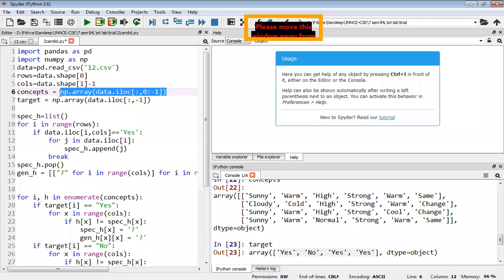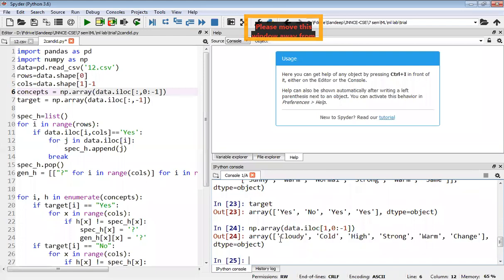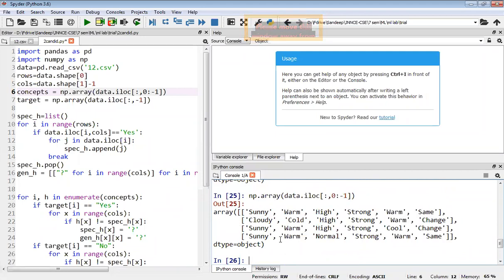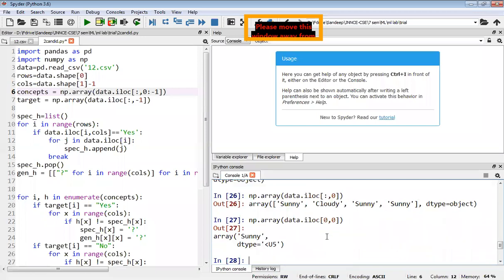Or I'll just execute this and I will show you again. Instead of colon, if you put 1, it will fetch only the first column. If I put colon here, then it will fetch all the rows. Here also, if you put just 0, 0 comma 0 means first row, first column item.